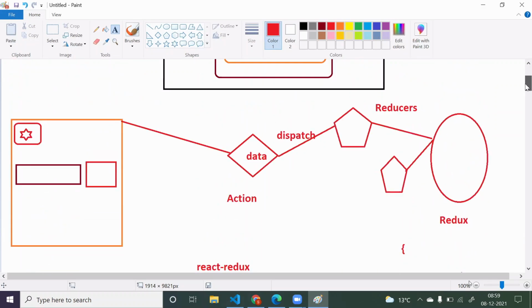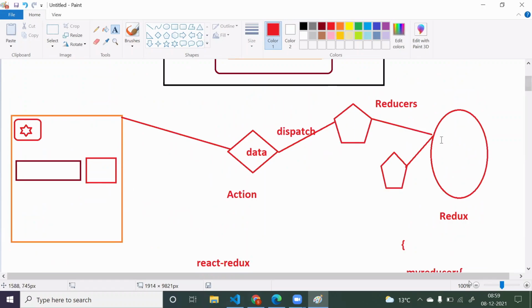The only thing you have to remember is the flow. And based on that flow, slowly, we have to develop our application. So the concept was very easy, right? Getting the data from here and storing it here. But the process of storing the data is very big. So you have to create reducers, you have to create actions. Reducers will take two parameters, state and action, like that.